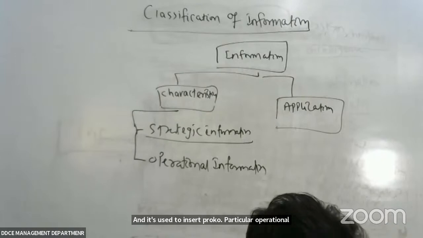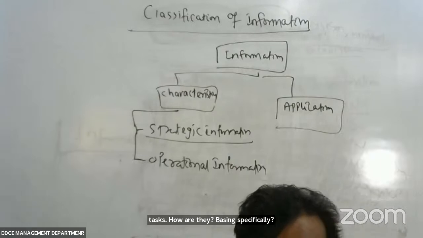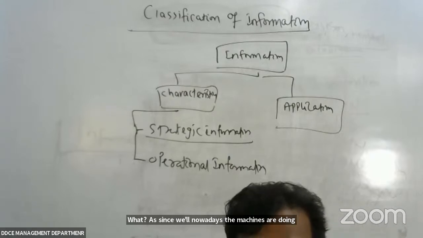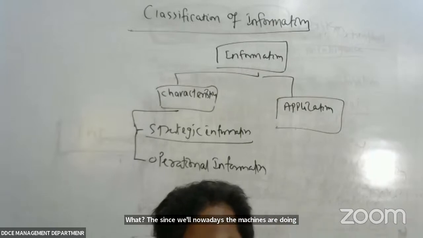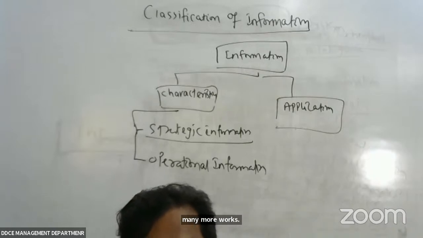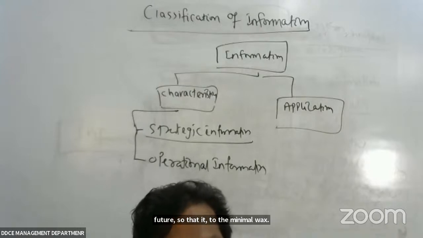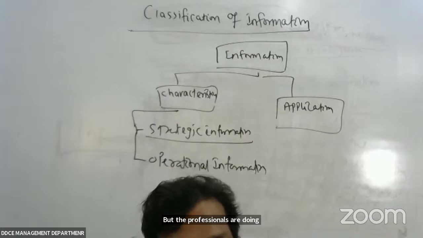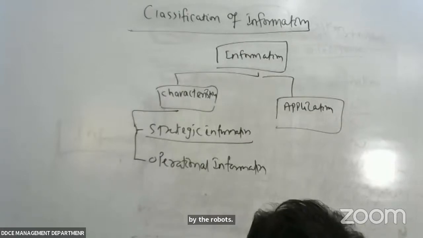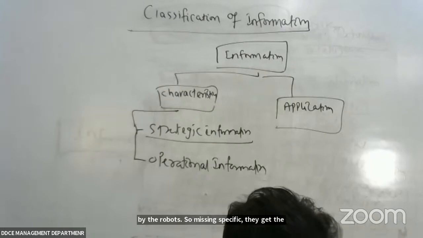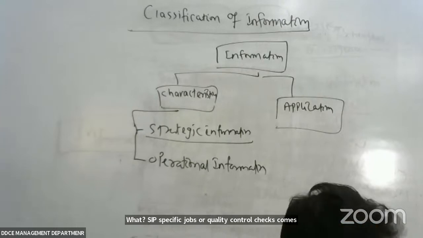Machine specific. Nowadays the machines are doing many more works. So robotics in the coming generation, in the future, will do many more works. What the professionals are doing will be substituted by robots. So machine specific operational level information, or shift specific jobs for quality control checks, comes under this category